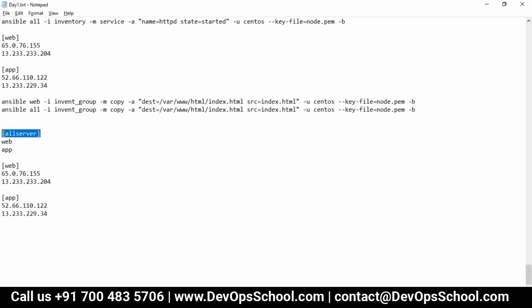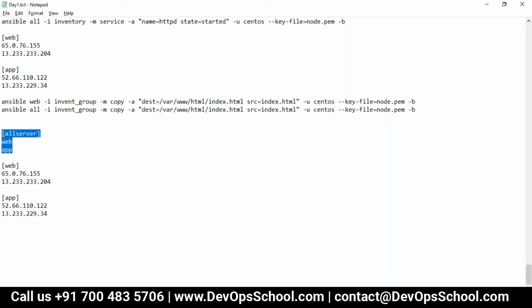So this is a group named all server, and web is a host name. Yes, you can write an IP address or host name, both will work. If Ansible can resolve that IP address or host name, wonderful. Understand that, don't get confused here. The all server is a group, whereas web is one of the servers, app is one of the servers.